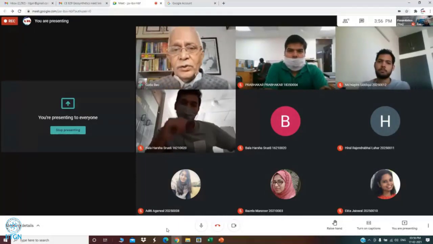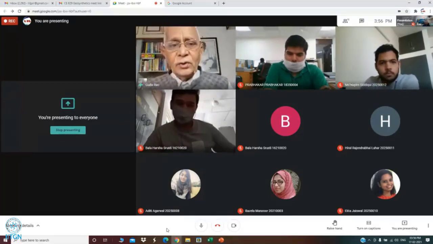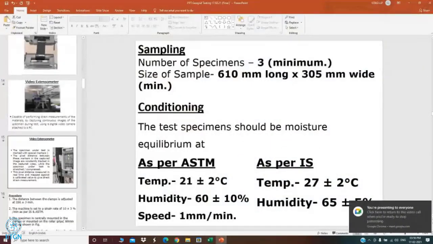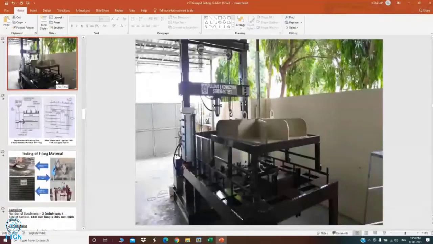Yeah, the pull-out test apparatus I have shown you, he has mentioned this also. The depth of the tank is 1 meter, and the width of the tank is also 1 meter, but the length is 1.5 meters. Now this much depth is not required as per ASTM, but this particular machine is meant also for connection load.